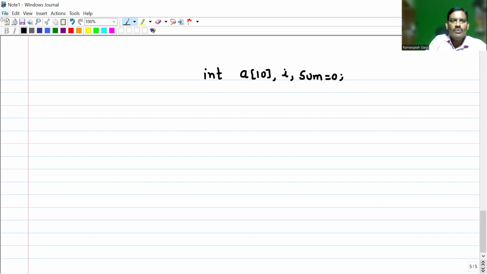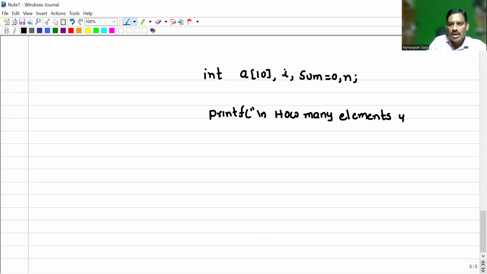And you may take one more variable here. Sum is equal to 0 and n. Printf, the first statement, \n, how many elements you want to enter? That means you have to read it with scanf